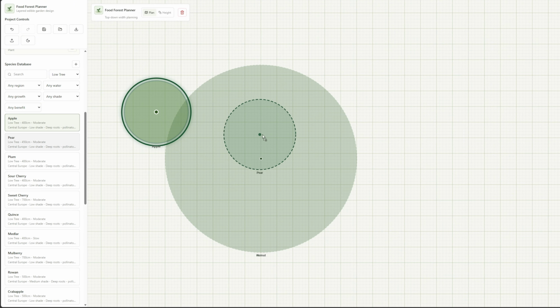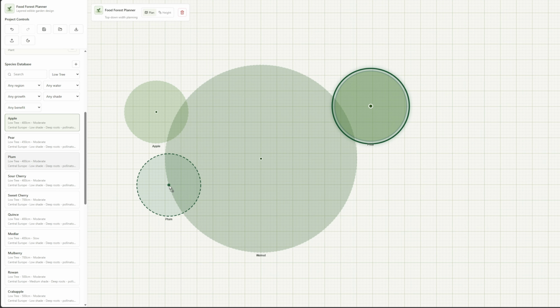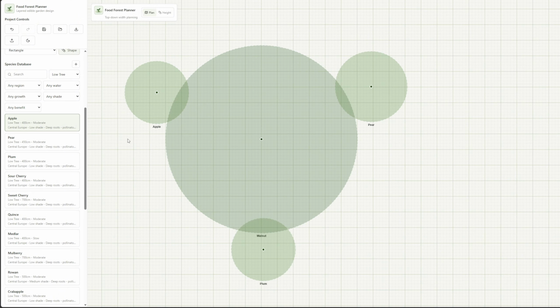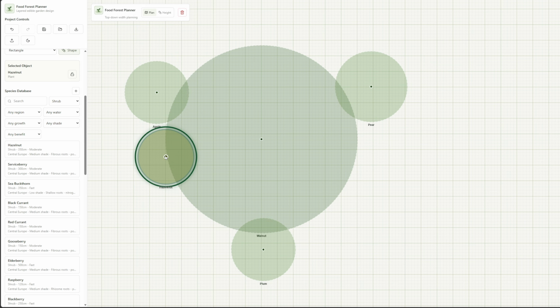The story is more like I became fascinated by food forests, and the more I learned about them, the more I realized how beautiful they really are, but also how overwhelming they can truly be to plan. A few years ago, I studied biology for a while. I didn't end up getting a degree, and honestly, a lot of the details are rusty by now. But I think some part of me never really lost interest in living systems. For a while, that interest was kind of in the background. Then I discovered food forests, and it brought something back.